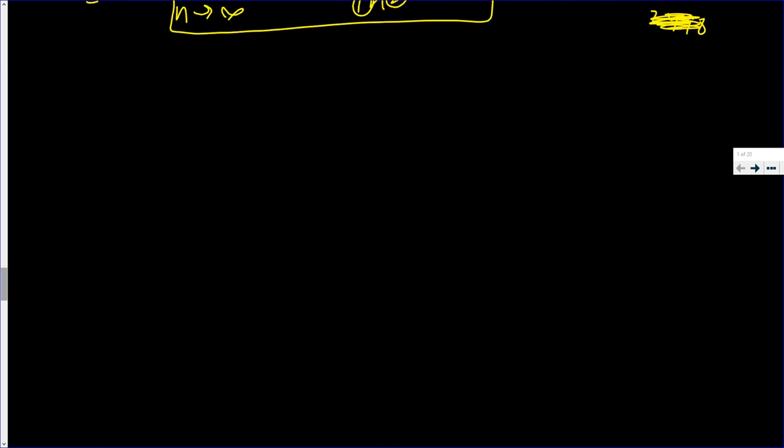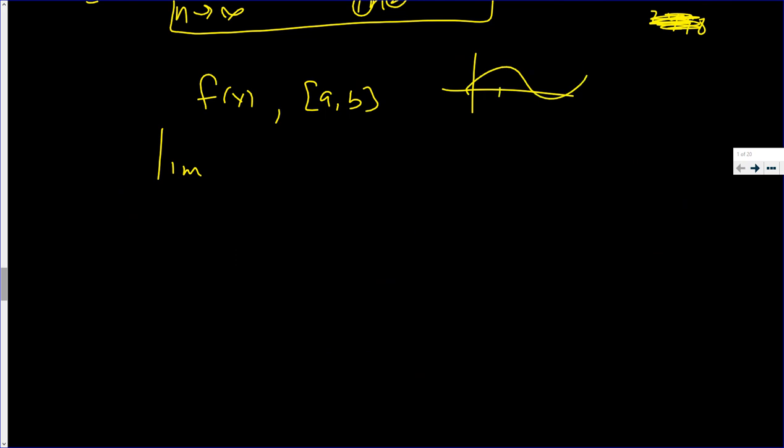Take this with you, that given a function f of x on the closed interval a b, it could even be an open interval, I guess that's all you need. The area, so you know, whatever the curve looks like, the area from a to b,